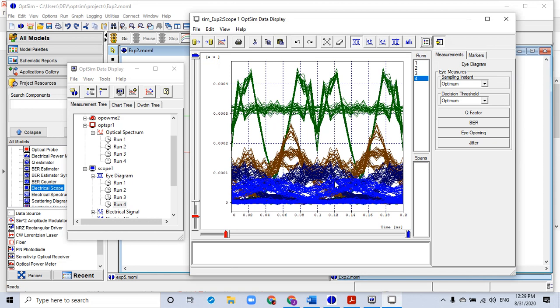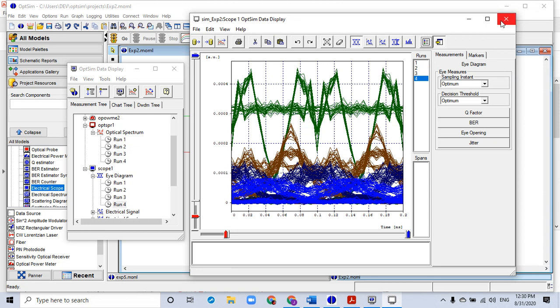The same results as we had previously also, that as the length of the fiber increases, more losses are there, as a result of which the eye opening is decreasing. That means the opening of the eye means the distance between the upper eyelid and the bottom eyelid, right? So you see the closure is increasing and the opening of the eye is decreasing. The length between the upper and the lower lid is decreasing. That tells me that my signal strength is deteriorating, right?